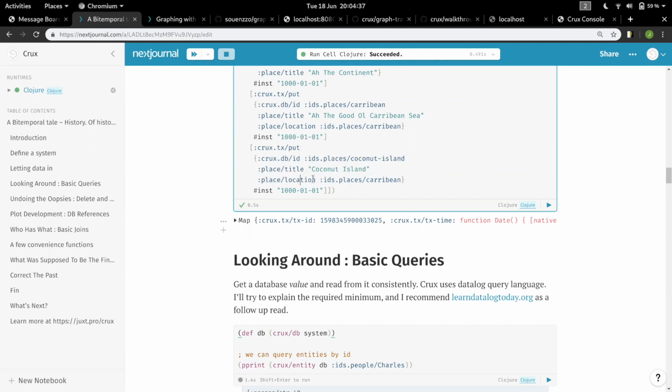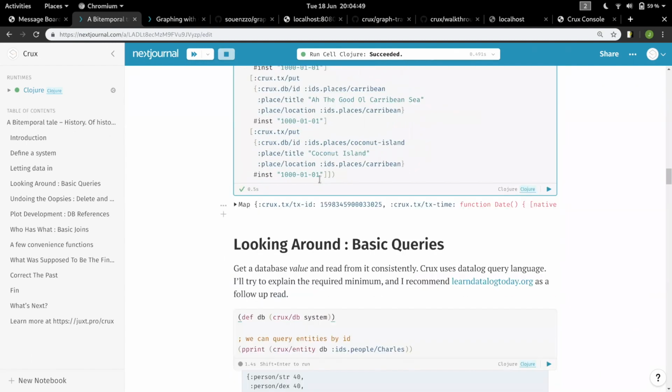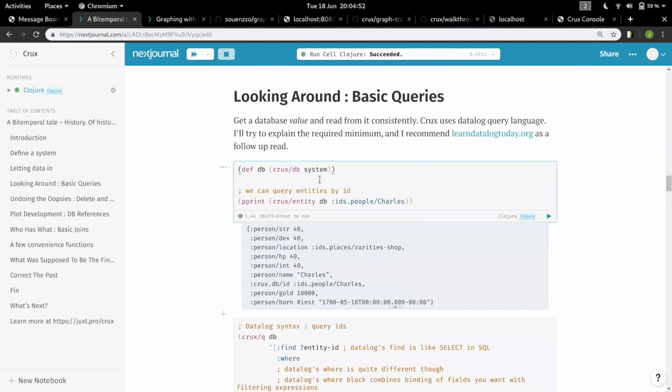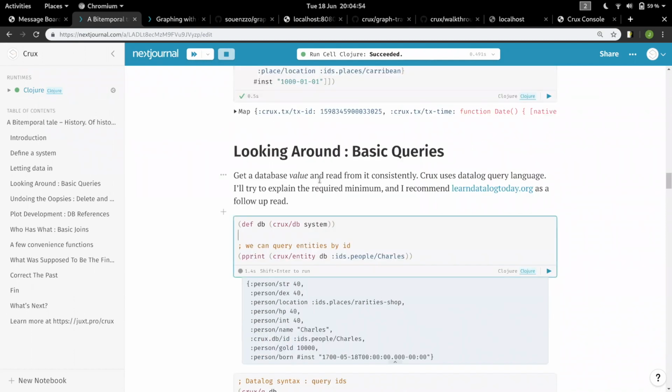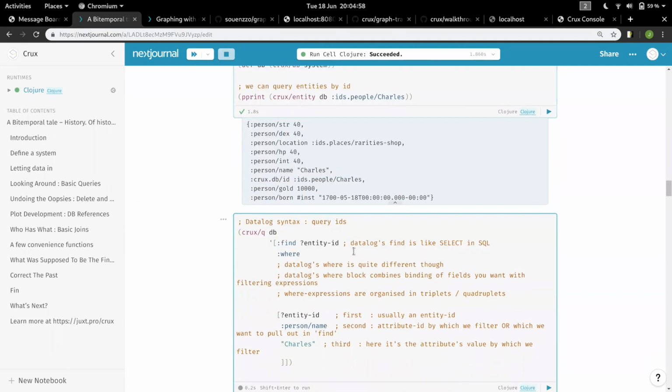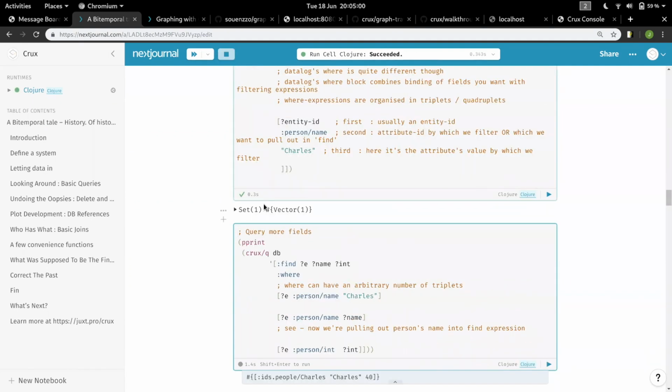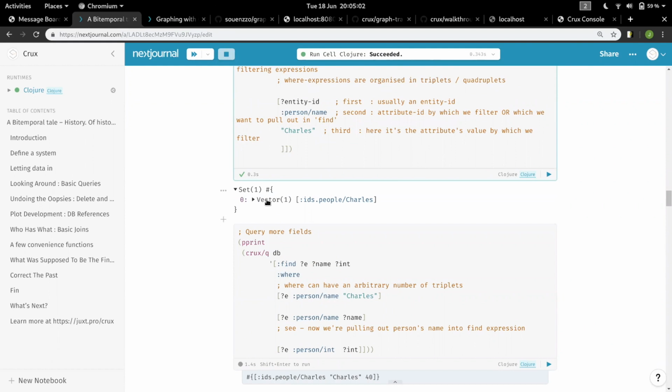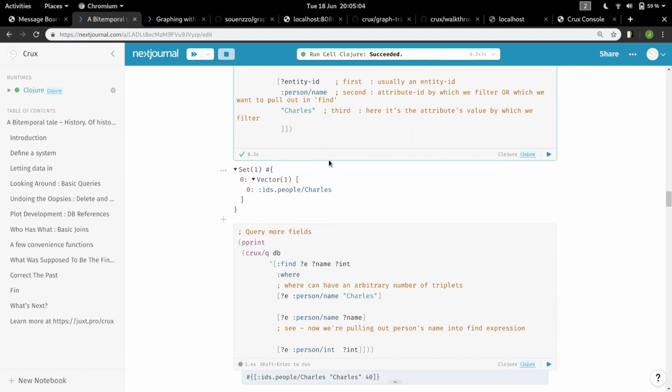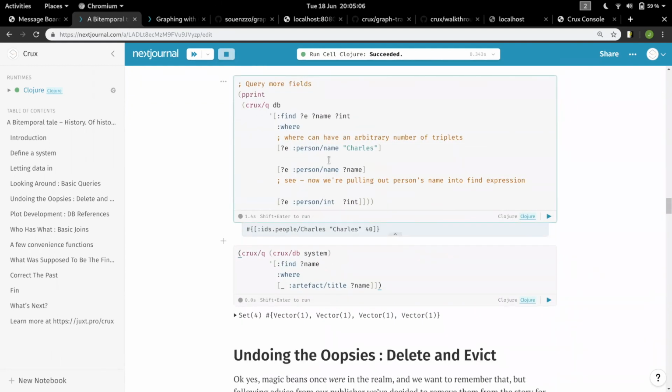So we're just freely saying within those documents that this attribute is pointing to this other document by virtue of sharing this ID, but we're not having to define that anywhere. So you'll note that there's no having to think about your schema up front. Obviously it helps, but you don't have to define it. Then we can define the DB and start running queries. Here's a set. What's in that set? Oh, we've got Charles, and we can find out more information about Charles. So this is one example.